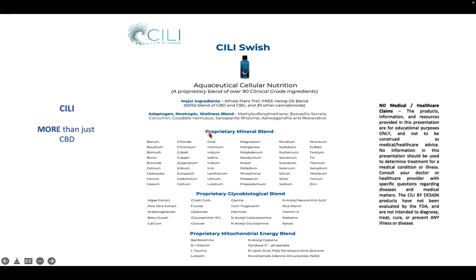Because they're important, guys. The minerals are kind of the spark plug of life, if you will. That's why they call some of these minerals electrolytes, because it's keeping the system sparking and running. It's kind of a conduit, if you will. And like I said, we'll do a separate call with that. But this right here alone, and if you look at some of our results we're getting, especially, for instance,